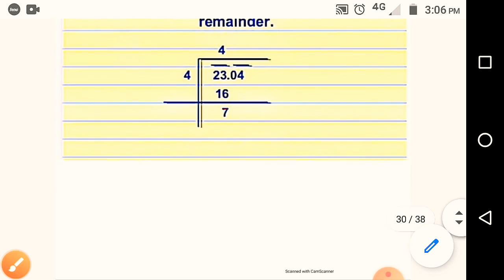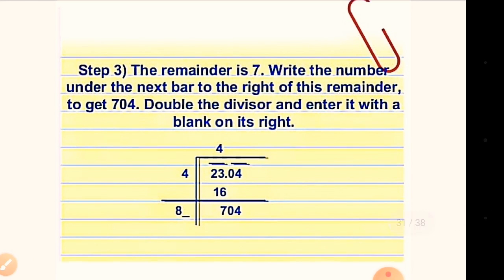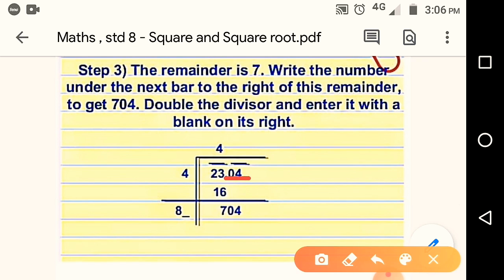Then the next step, we have to bring both numbers together. Now here we are bringing this pair down, we have drawn the bar over that. So this whole number we have to bring down. So 7 was there, so it will be 704. Now here you need to do 4 plus 4. So 4 plus 4 is 8. Here you multiply 4 and 4, that is 16, and here you will add 4. So the answer will be 8.